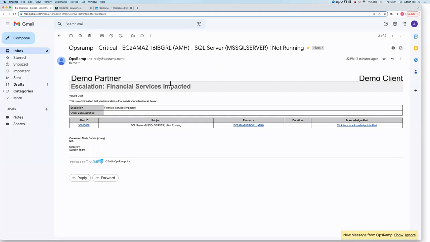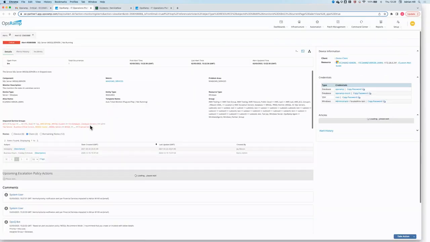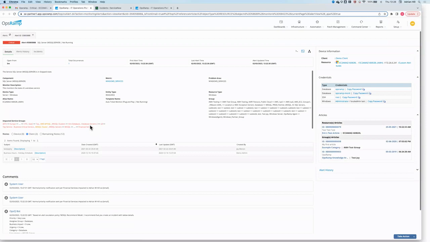So let's work on resolving this issue by first drilling into the alert shown in the email. One of the things we have concentrated on in the platform is actionability by enabling the users to take action on events in many ways. From this view, we can see the details of the alert, i.e. the component, monitor description, the metric, etc., which has raised the alert. The history of the alert,